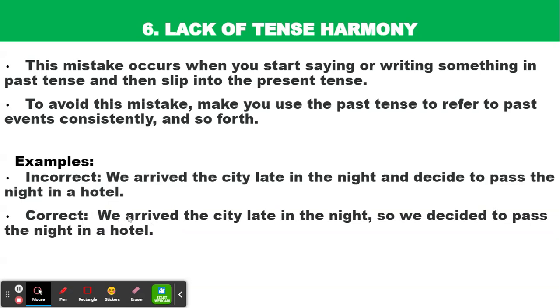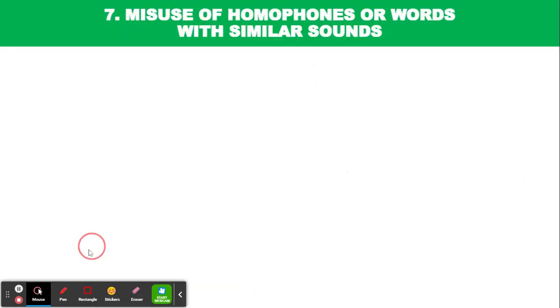The correct thing is to say, "We arrived the city late in the night, so we decided to pass the night in a hotel." We arrived, we decided. Past tense, past tense. Number 7,